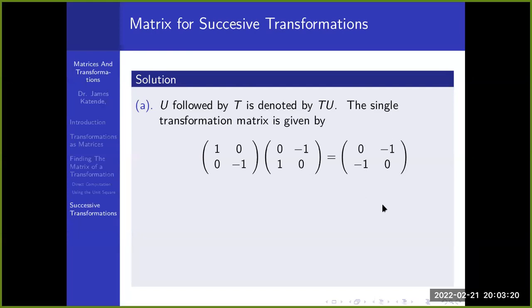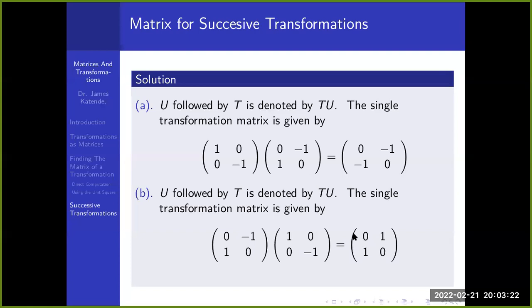So the same happens to the next one. Here the order now is reversed, and we also get a new matrix. So again, this shows clearly why the order is important. You see, if you start from U and then you follow by T, this is a matrix that represents a successive transformation. But if you start from T,